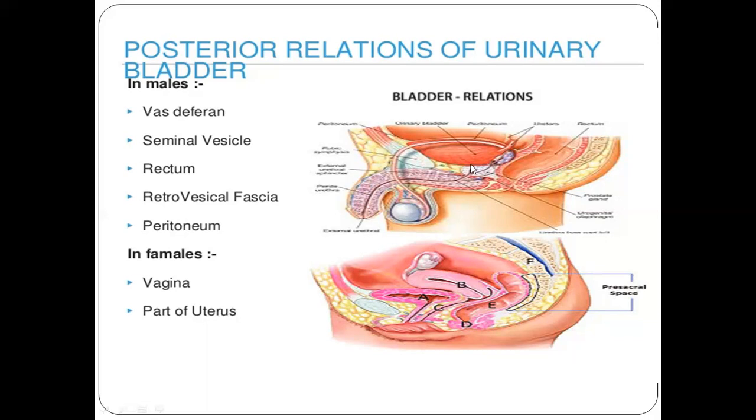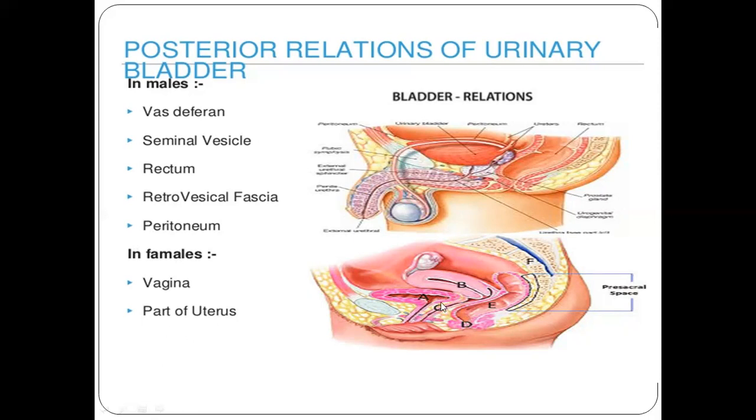This is the neck of the bladder, where the prostate is present, and this is the base or the posterior surface of the bladder. These are the superolateral angles where the ureter enters on each side, and this is the inferior angle, which receives the internal urethral orifice and the prostatic urethra. This is the apex, which is behind the pubic symphysis, and it attaches to the umbilicus with the median umbilical ligament.